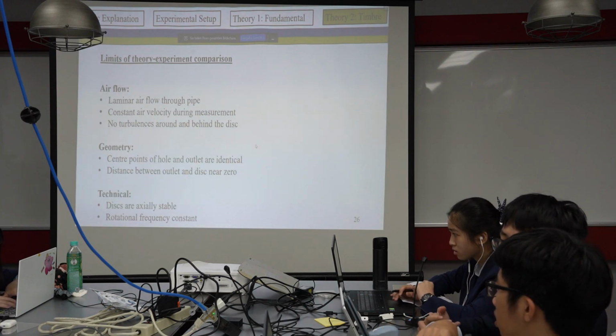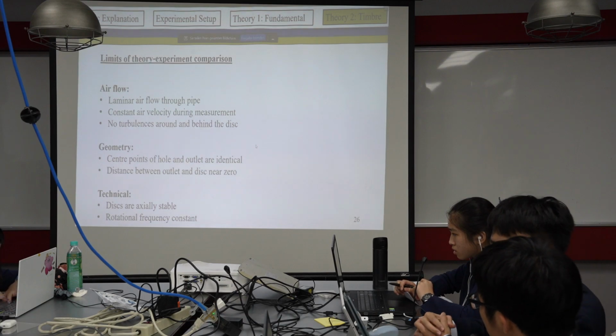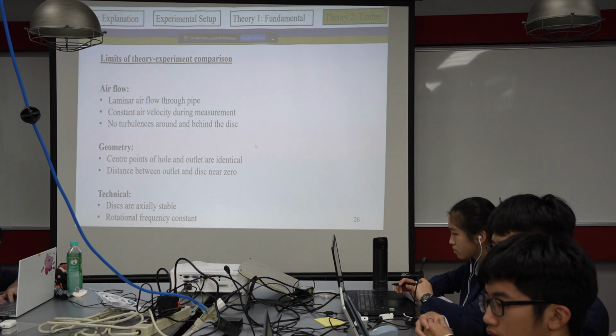And nonetheless, we proved that the simulation can predict the experimental outcomes in spite of these limits, especially through the progression of